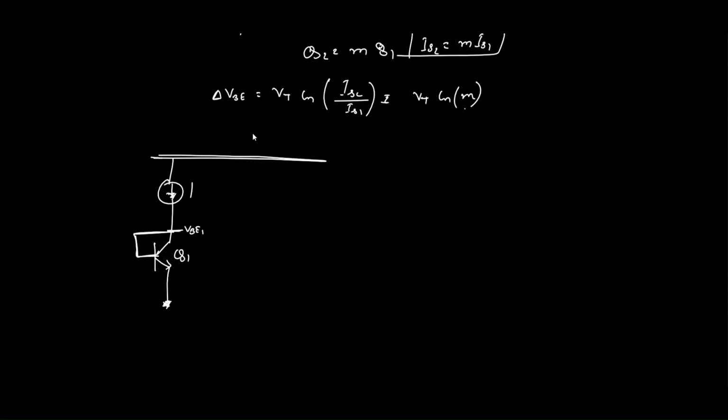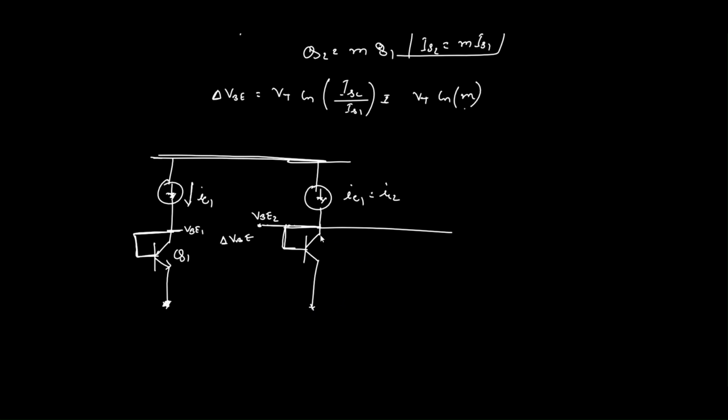The IC1 equals IC2. And the difference between these two nodes is a delta VBE, and the difference is we are not taking one BJT, rather in this node we are taking M times of BJT. That means